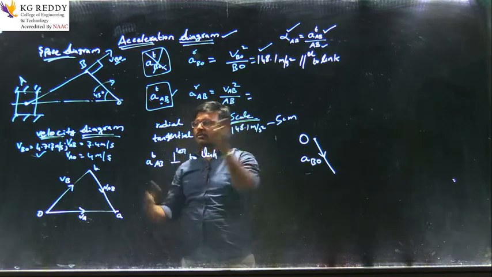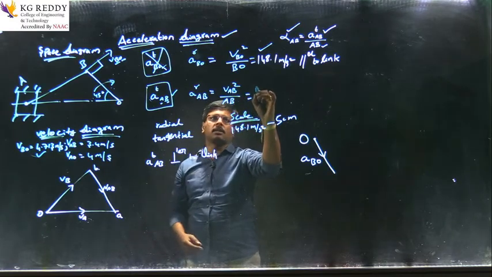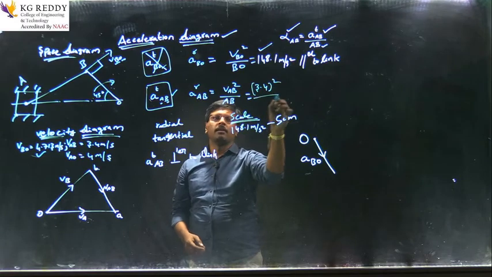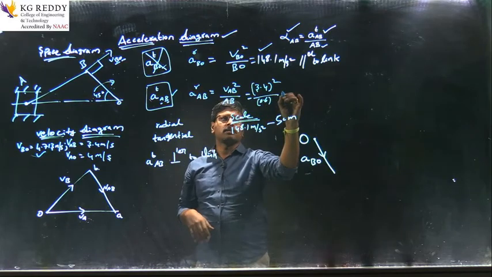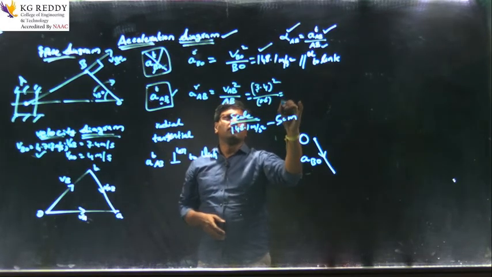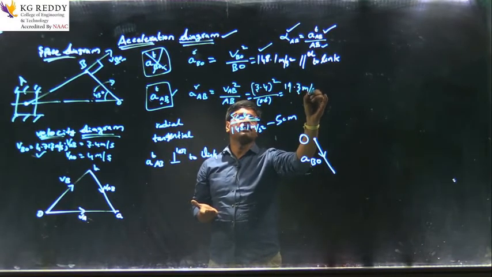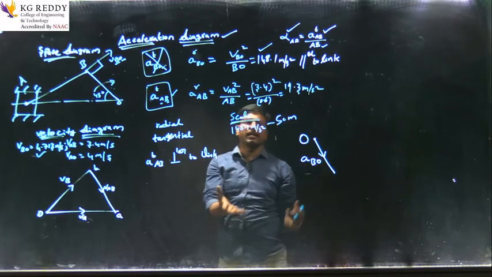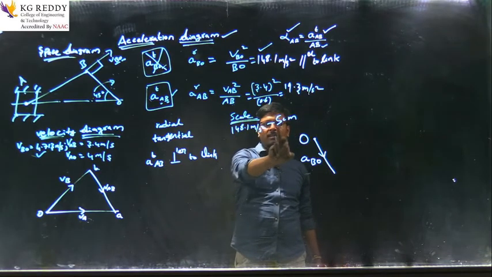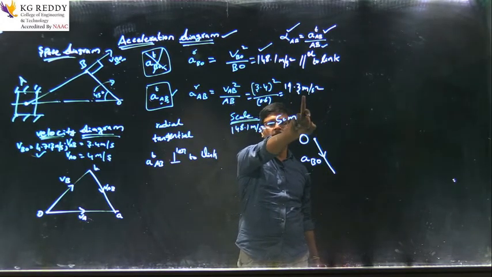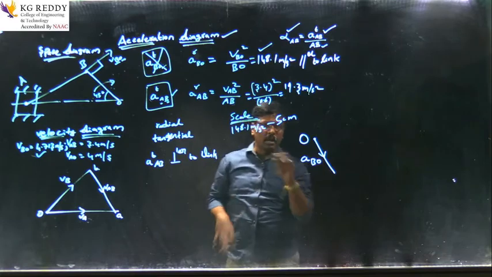This is also something we have to substitute. We already got the velocity of A with respect to B, 3.4, whole square, divided by the length AB, which I think is 0.6 meters, right? So here we get almost 19.3 meter per second square. Here also we have to take 19.3 meter per second square, but here 148.1 meter per second square is 5 centimeters. Then how much is this? Okay, it may be 1 centimeter or 0.7 centimeters, right? So that I have to take here.